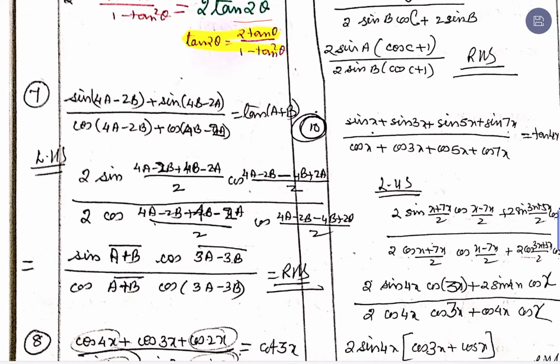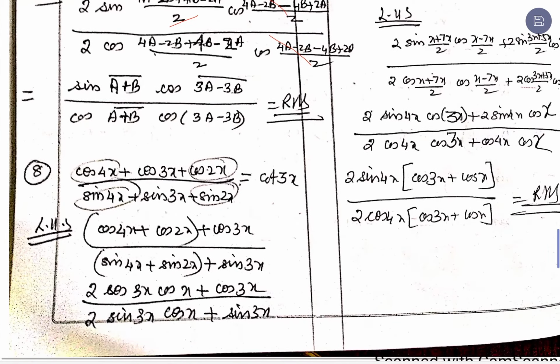And again we find that this quantity gets cancelled because they are the same quantity, and here 4a minus 2a is 2a, minus 2b plus 4b is 2b. So, there is a 2 common that divides this 2 and you get it as a plus b. Denominator factor also is cos of a plus b. So, that gives us the right hand side.